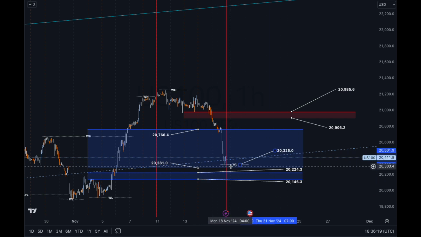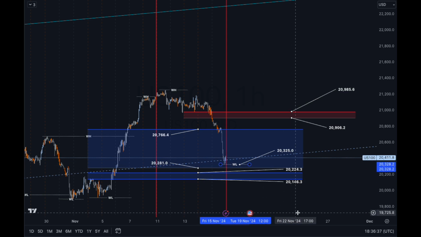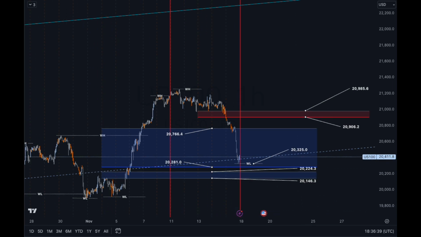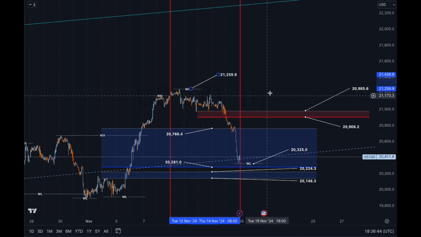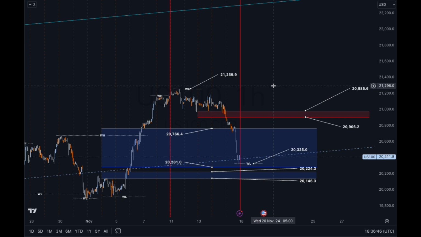Now this weekly low is contained within the FVG. Okay, so that one there is super important, especially if price takes it out next week, right? So that number is 20325.0, right? That's the weekly low over here. That's in reference to the low that was set on a Friday. And then we have the weekly high that came in on the Monday, and that was at